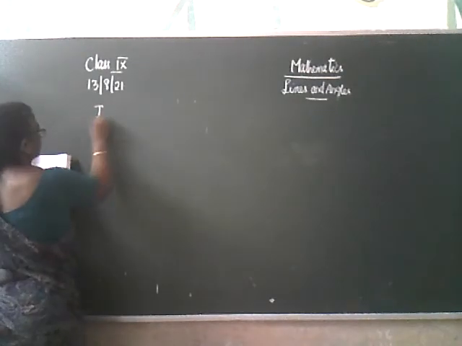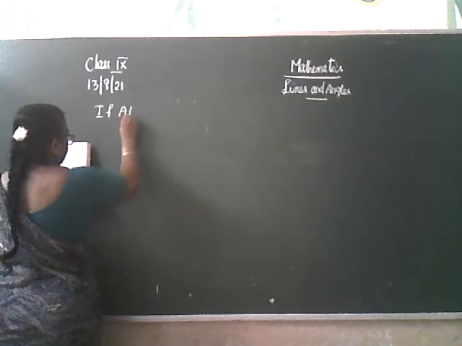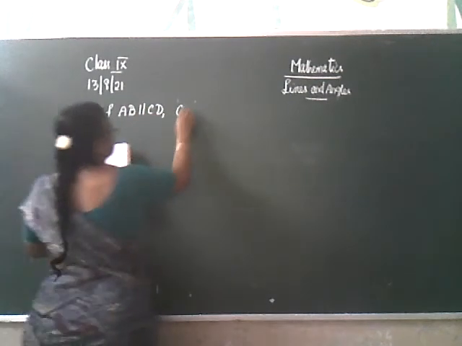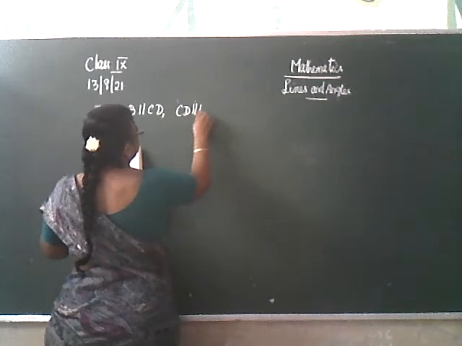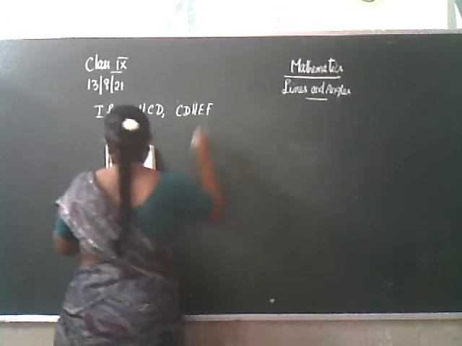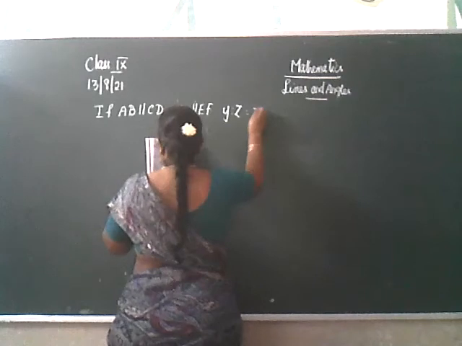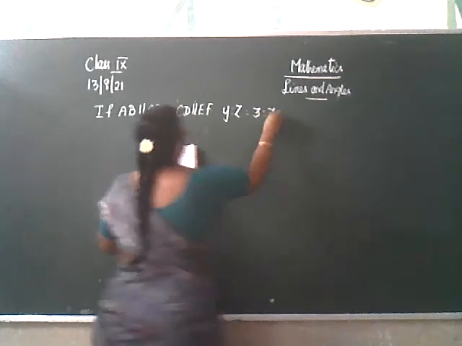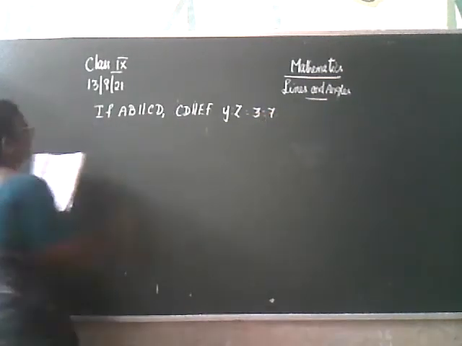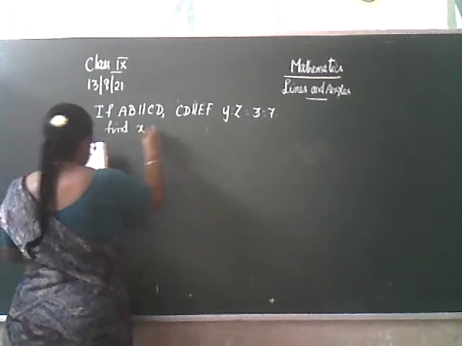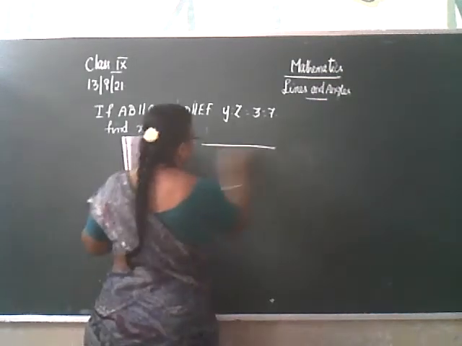Let me do the next sum. If AB is parallel to CD, CD is parallel to EF, and y is to z is equal to 3 is to 7. It is given, find x. Find x. So it is given AB